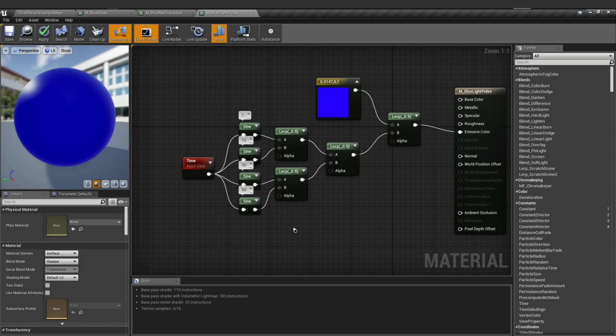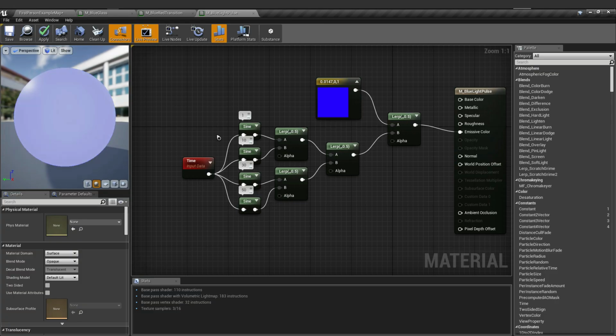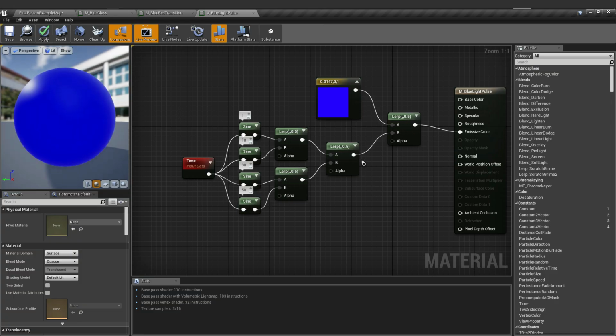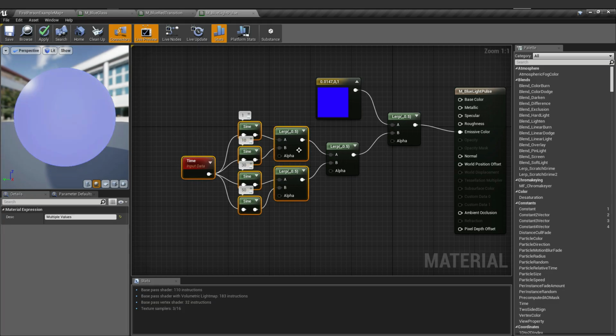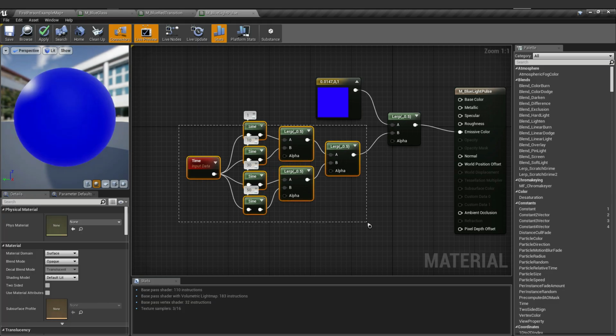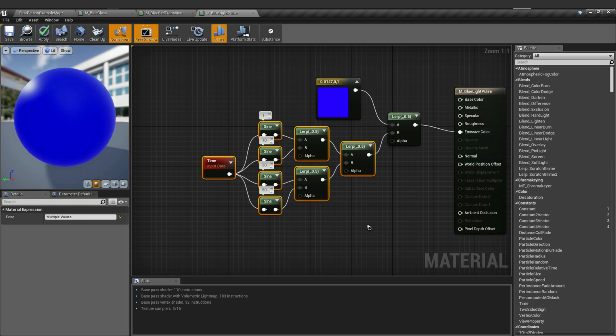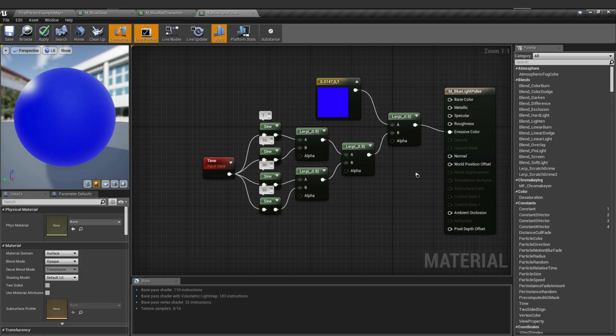And this one is 50. So that's how we create a basic flickering or a pulsing light in Unreal Engine. So for me, we have the pulsing blue light.